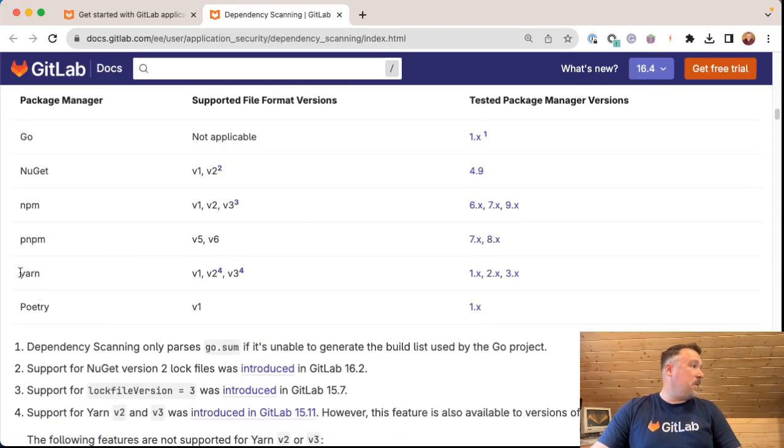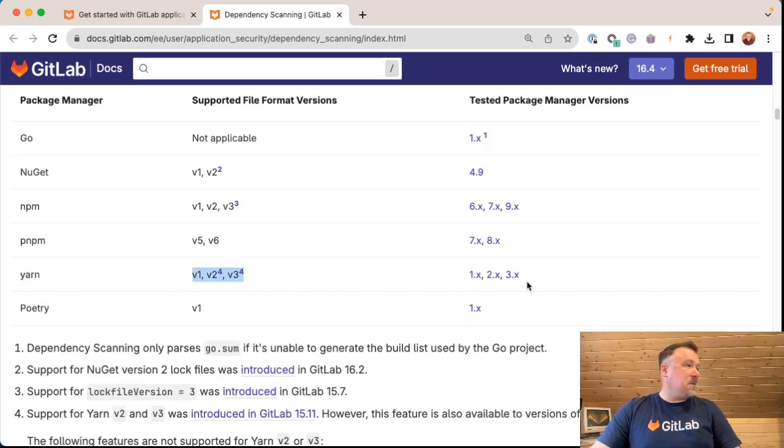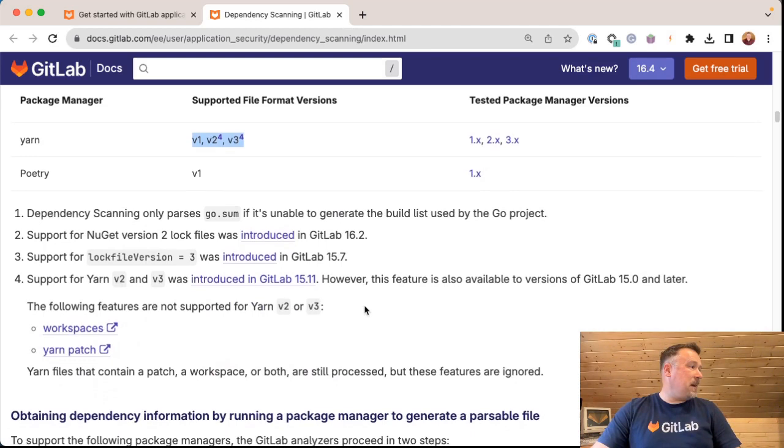Number 4, for Yarn people, the good old Yarn JavaScript and NPM. Versions 1, 2, and 3 are supported, and of course we've tested on 1, 2, and 3. Support for Yarn version 2 and 3 was introduced in GitLab 15.11. However, this feature is also available in versions of GitLab 15.0 and later. So we've introduced it, but it's available if you're running an older version of GitLab as long as it's 15.0